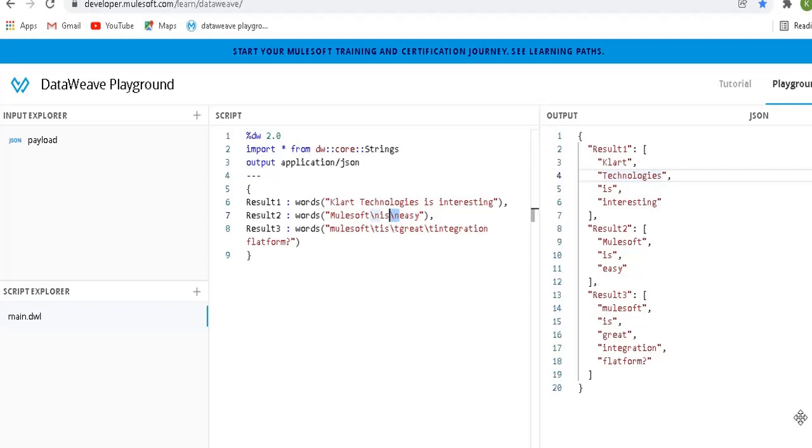So likewise, you can use these new functionalities or new features of DataWeave 2.4.0. I hope these three videos will be helpful to you in your day-to-day projects. If you find any requirement which matches a function here, you can just utilize these functions. That will make it easy for you instead of writing any custom code or script as we discussed earlier.